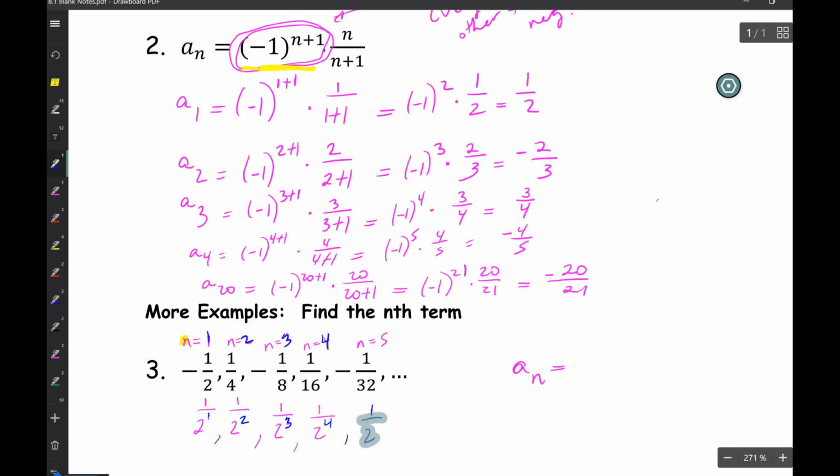you guys, excellent. I said disregard the negative just for the moment so we could see the pattern with n, but you're right. We do now have to take into account that every other one is negative. So using what Katie told us, we know that each number is 1 over 2 raised to the nth power. But now we have to see how we can make every other term negative. Alex? This is negative 1